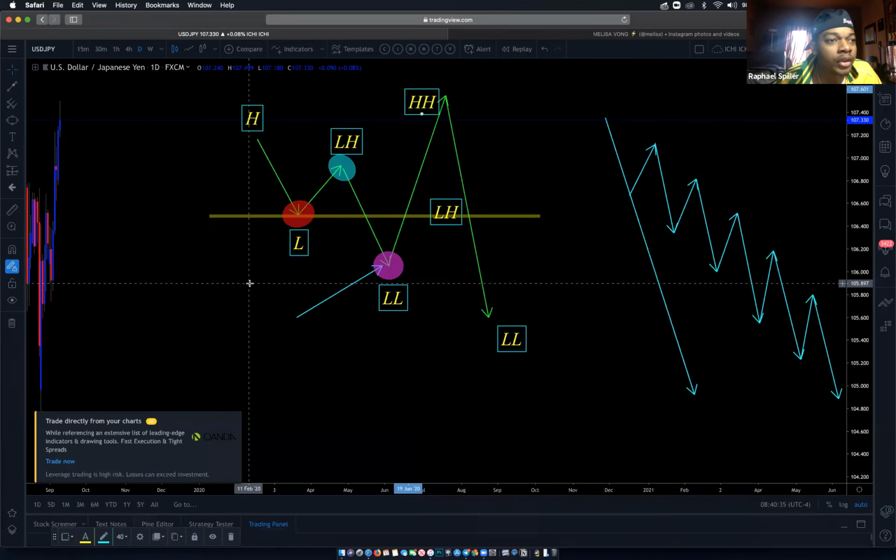Does that make sense for the people who put a 2? All the people that put a 2, put a 1 if it makes sense. If it doesn't, put a 2 again, okay? Because I want to make sure you guys understand what this means.